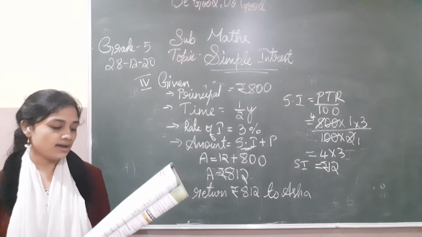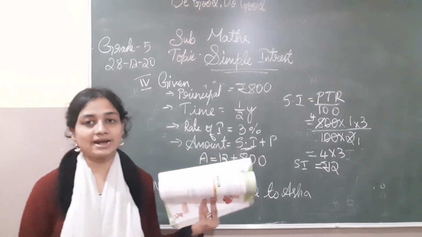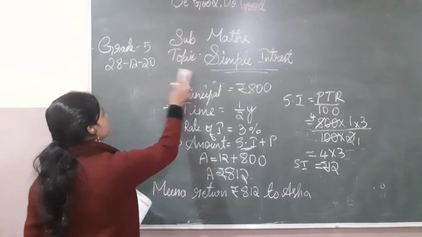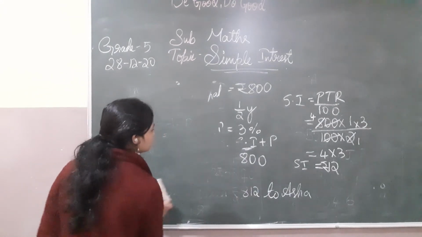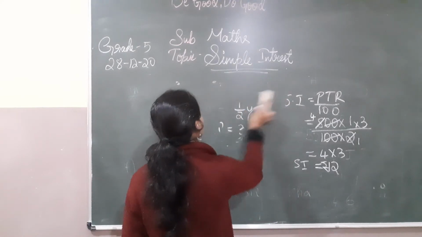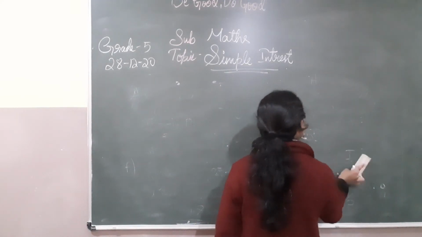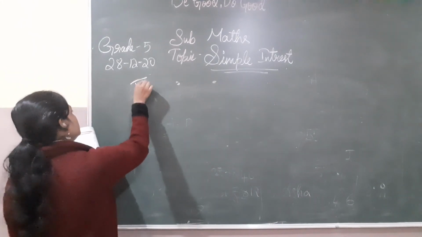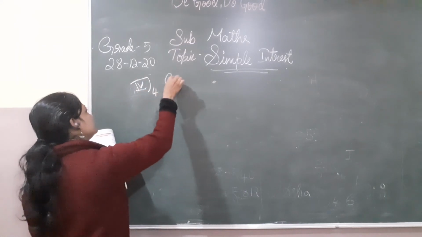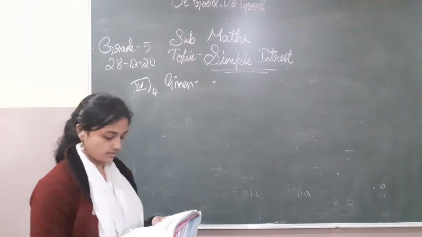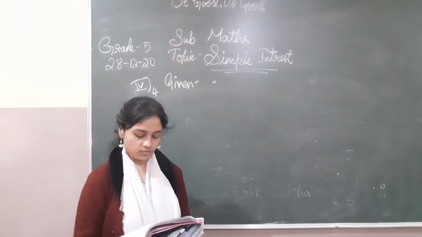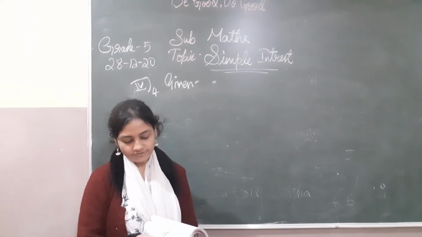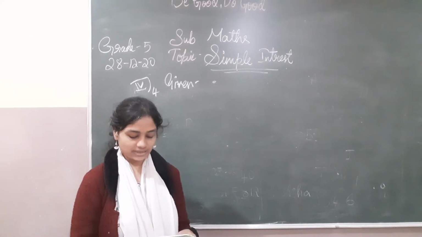In the same way, I can see the fourth one having all the fractions in it. So let me solve the fourth one for you. Fourth one. So what is given? John deposits 10,000 rupees for 2.5 years at the rate of 7.5%. Find the amount received by John at the end.